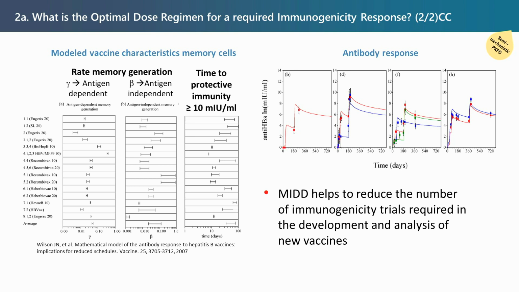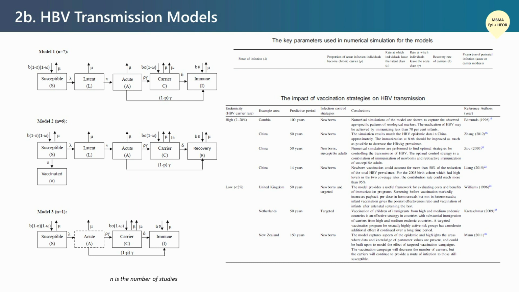Based on the modeling, it was concluded that a single vaccine dose could be sufficient to generate protective immunity. This could mean that additional immunogenicity trials can be omitted for the development and analysis of new vaccines. If we look at the different levels to design the strategy of vaccination, we need to look at the hepatitis